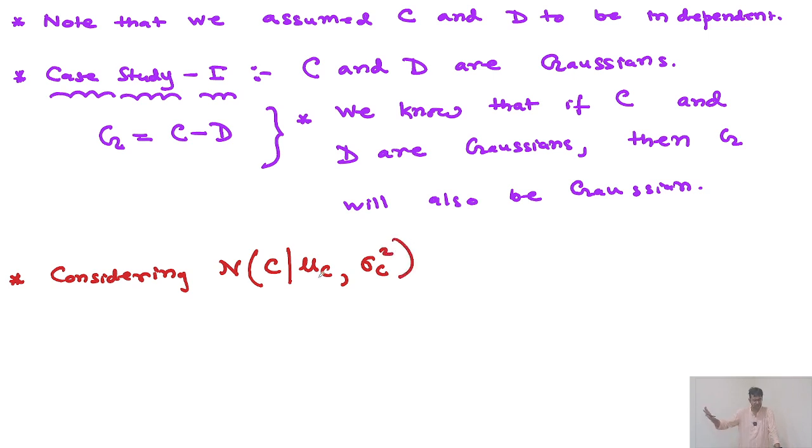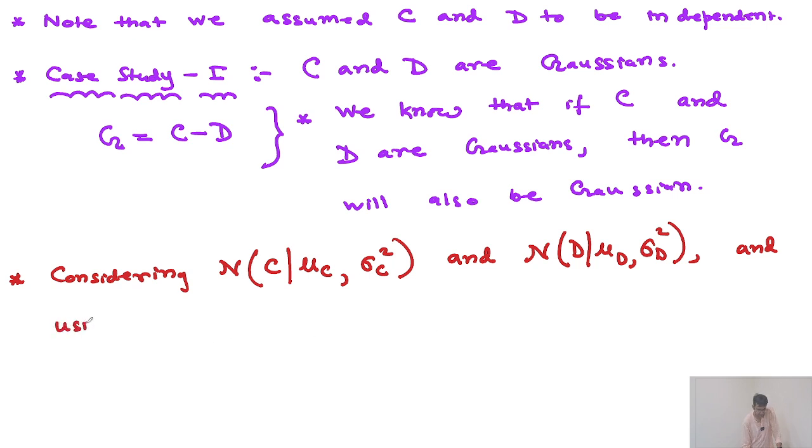So this means C is a Gaussian distribution with mu C and sigma C square. This is what it means. And the other one is also Gaussian, D, mu D comma sigma D square. So considering these two,